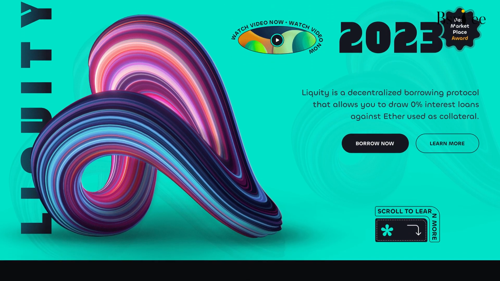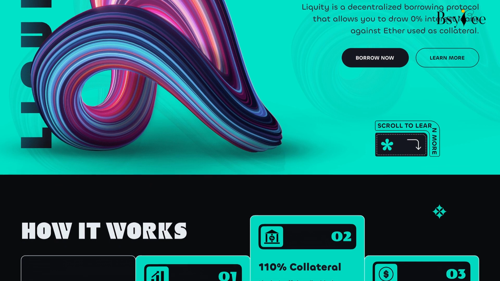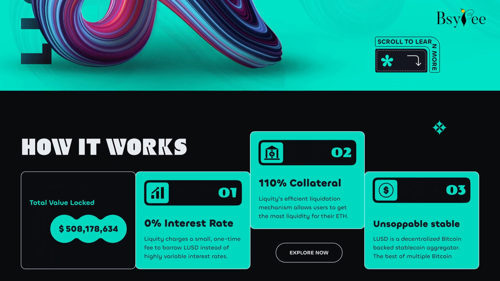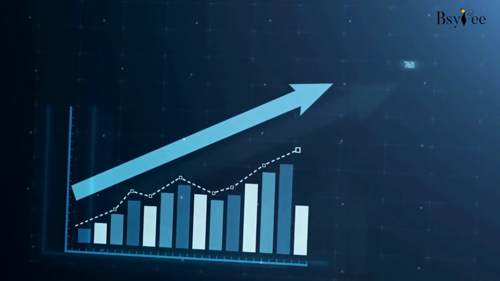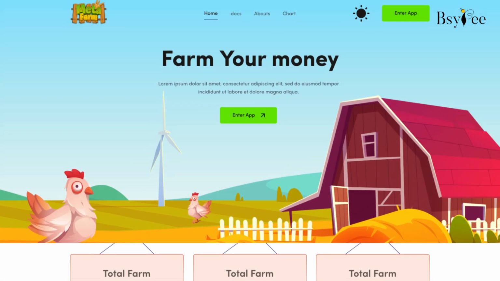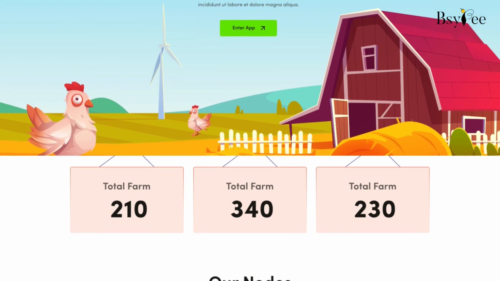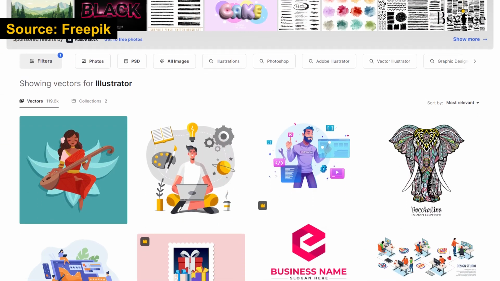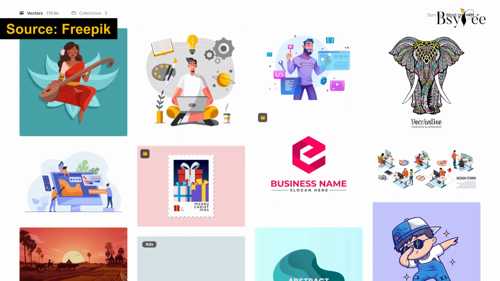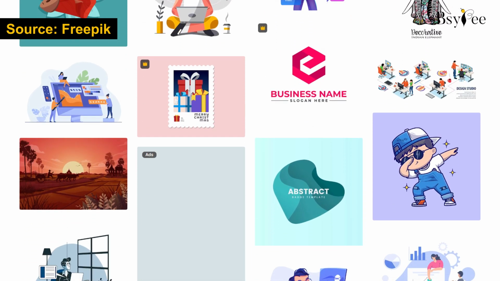In this digital age, people are bored with old-looking designs and hard-to-read text. Great visuals not only increase website traffic but also improve user engagement. However, creating high-quality visuals can be time-consuming. But fear not, because today we will explore free illustration resources that can save you precious hours and transform your